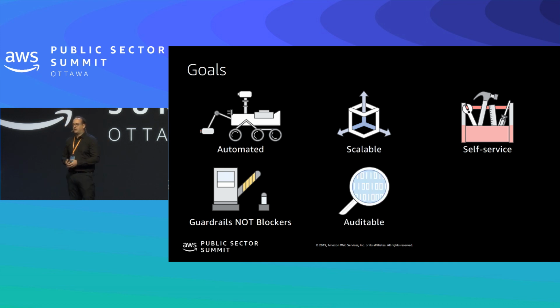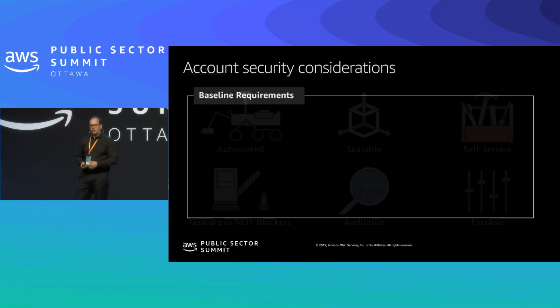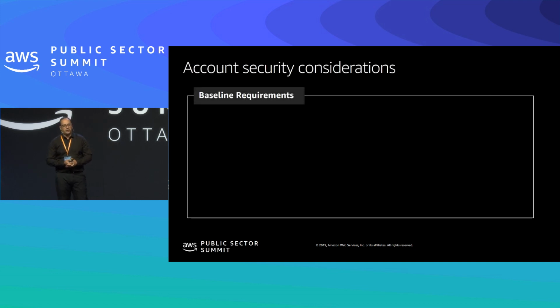And with that, we want to see everything that's going on. Can we track and audit what the different people are doing in these different accounts? And of course, we want to be flexible. Can we extend our solution with different types of accounts and strategies? So these are the goals that we want to have. And as I talked about multiple different accounts that get created, you're probably thinking we need to have security and governance, and you're right. How do we ensure that these accounts that get created have a set of baseline requirements that we define?